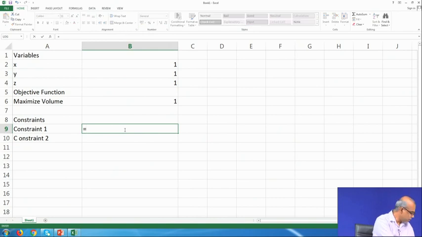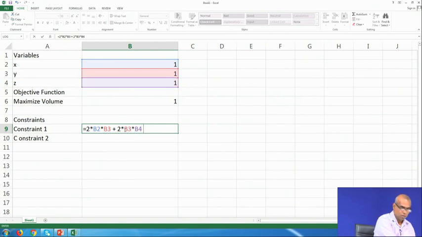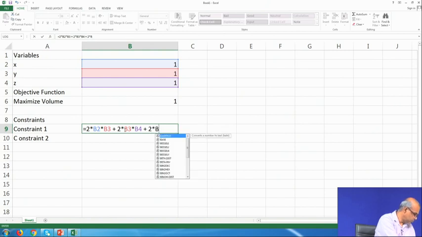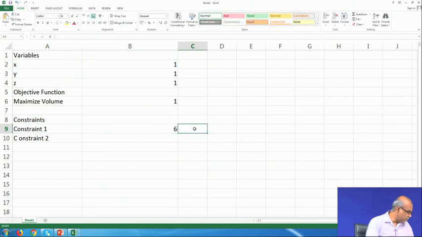So, let me write the formula for that. 2 into xy, that means B2 into B3, plus 2yz, 2 into B3 into B4, plus 2zx, that means 2 into B4 into B2. So, this equals 2700.